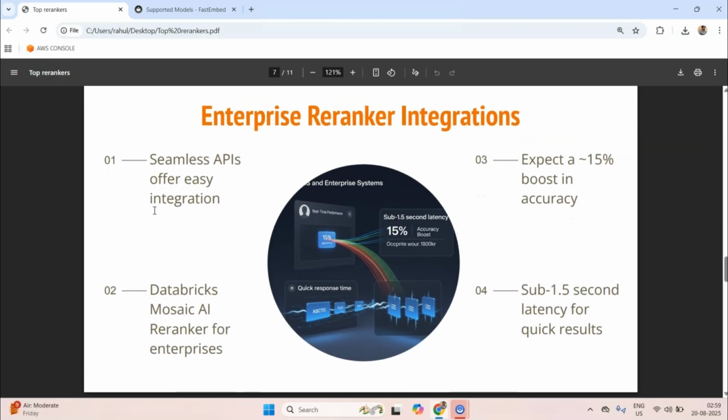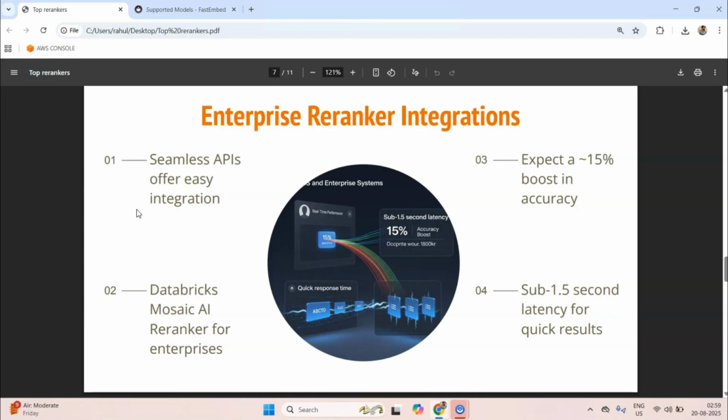Now enterprises are also adopting re-rankers quickly. For example, Elasticsearch now comes with semantic re-ranking built in, and it even integrates with RankGPT through LlamaIndex. Databricks, for example, just rolled out their Mosaic AI re-ranker in August 2025. With a single parameter, you can boost retrieval accuracy by around 15 percentage points.